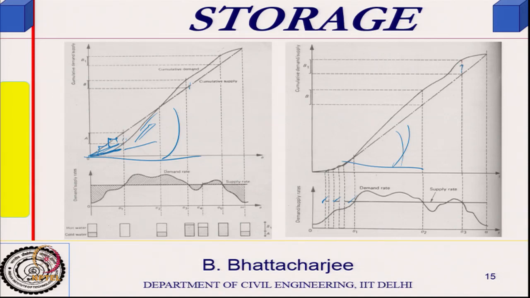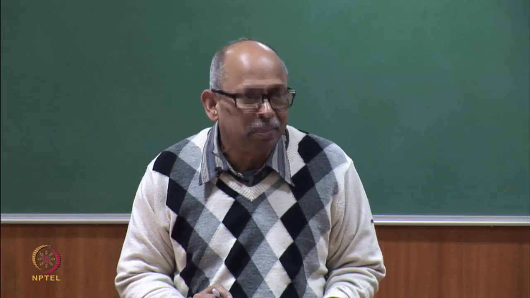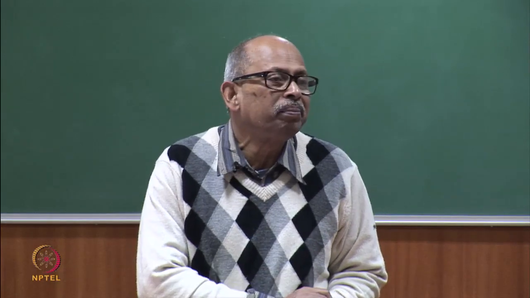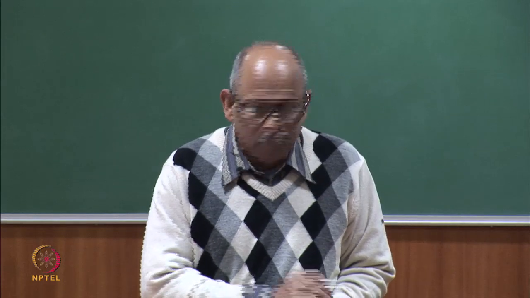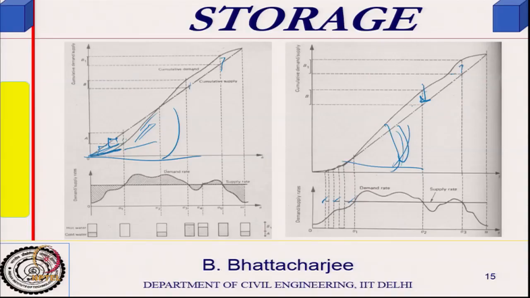such that the maximum of these values and minimum or maximum of these negative values is practically 0, very small. So, my storage actually would get reduced down, because earlier it was the sum total of this plus this, now it is only this value. So, I can match it in such a manner with intermediate supply, so that my storage reduces down. But what I am doing, I am increasing the slope, that means my supply rate is increasing.